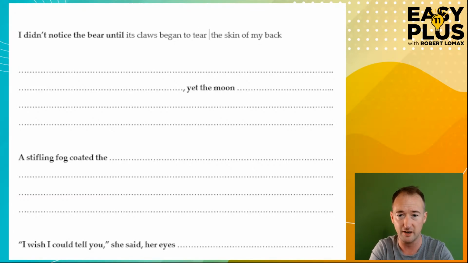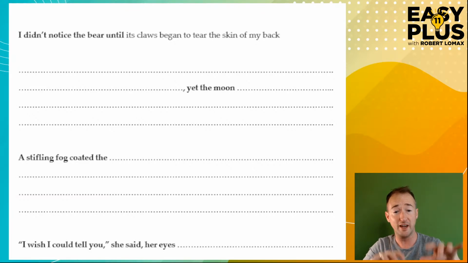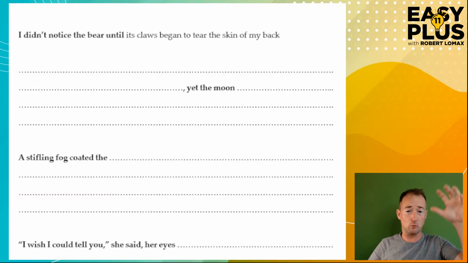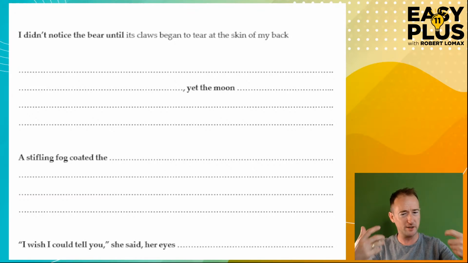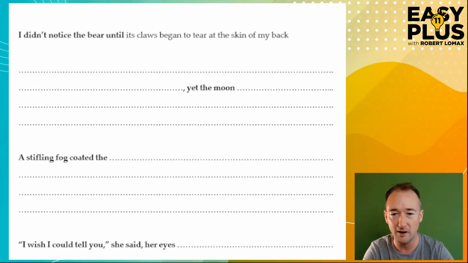I might just say began to tear, so to tear the skin of my back, or if it's kind of working hard to try and tear it, you might say to tear at, which carries the implication it's kind of attempting it, not just succeeding. So the claws began to tear at the skin of my back. And then of course it's a bit late to do much, so I didn't notice the bear until its claws began to tear the skin of my back, by which time